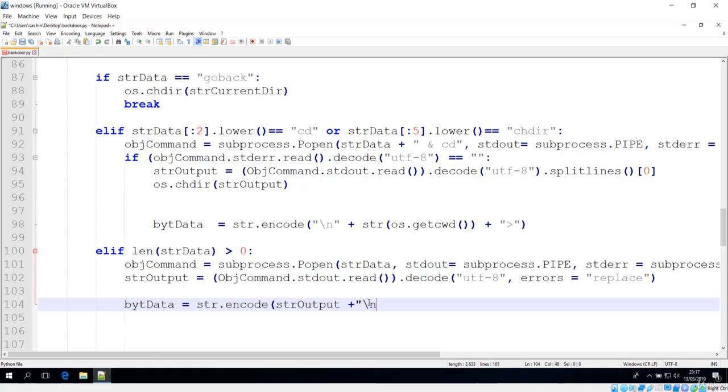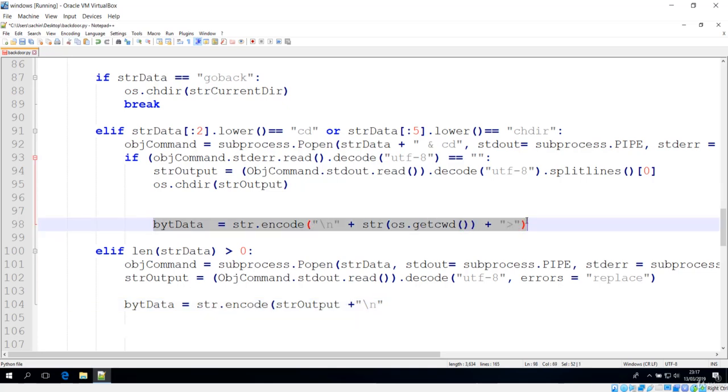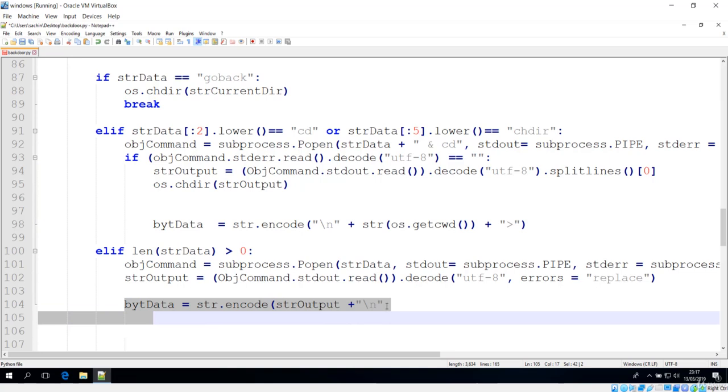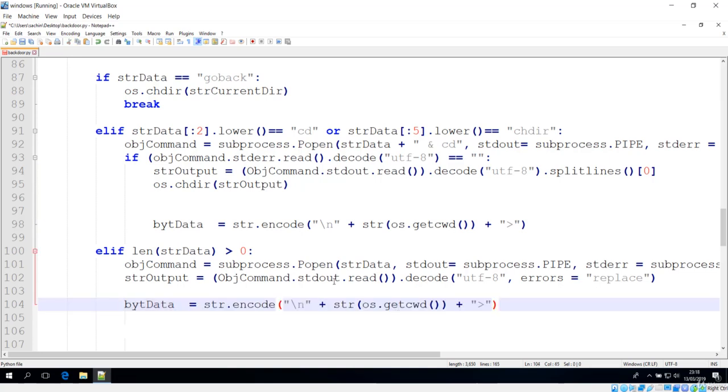And now the next thing you have to do is get the current working directory, same as before. So it's better to just copy everything. Let's paste it down here. The difference between over here and here is only the commands. So this should have the cd command or chdir command, and this command can be anything. So we're just executing it over here in the same way that we execute in the case of the cd